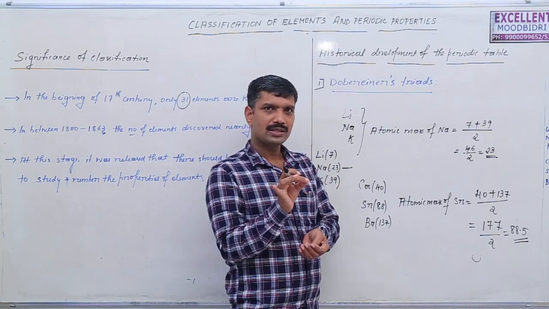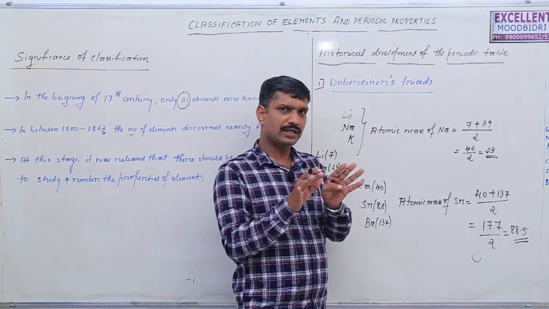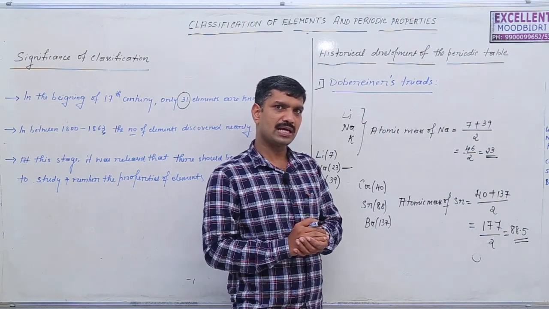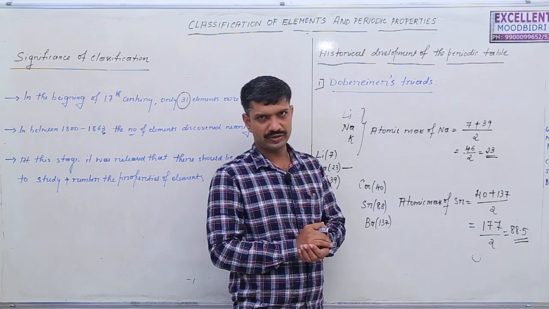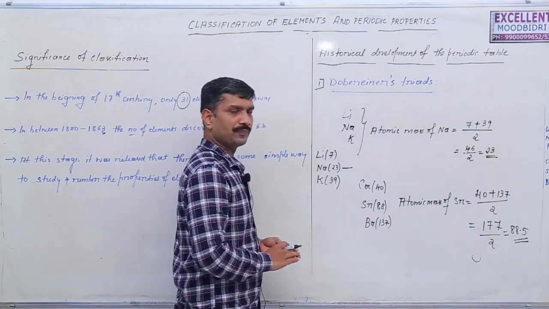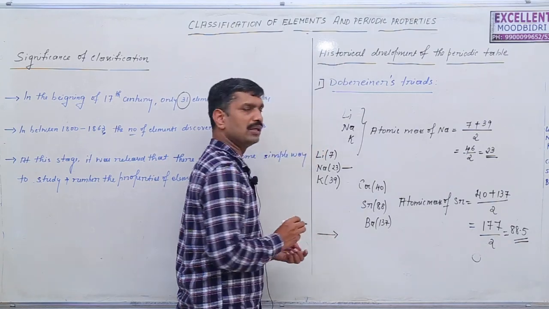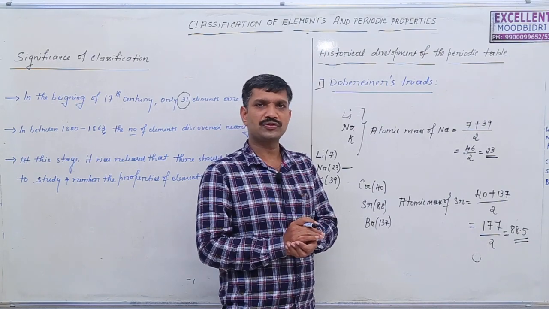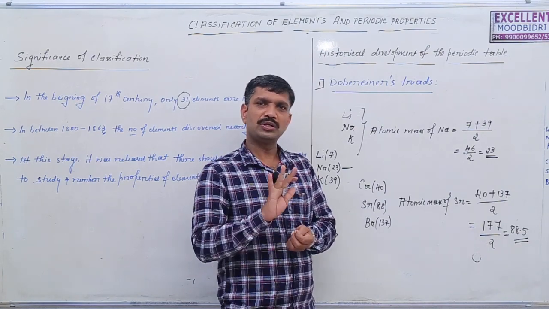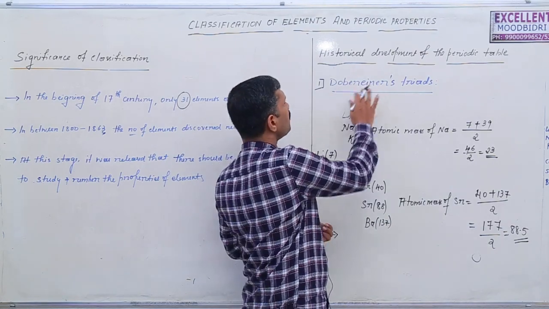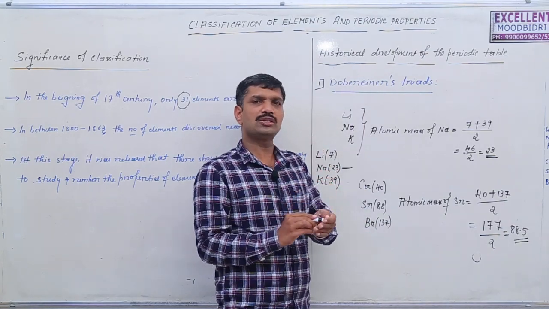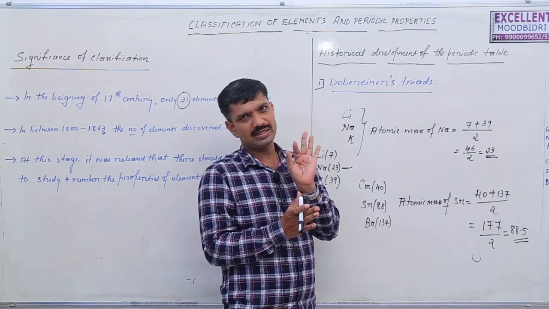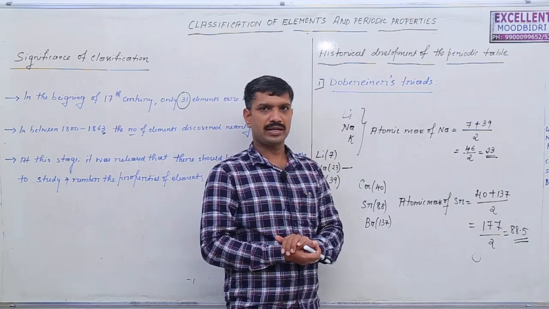In triads, all elements exhibit similar properties, and the atomic mass of the middle element is the arithmetic mean of the other two elements. The limitation of this concept is that it is not applicable to a large number of elements. It is restricted to only a few elements, but not all elements. That is its drawback. The main drawback of Dobereiner's triads is that the concept is not applicable to all the elements in the periodic table; it is applicable to only a few elements.